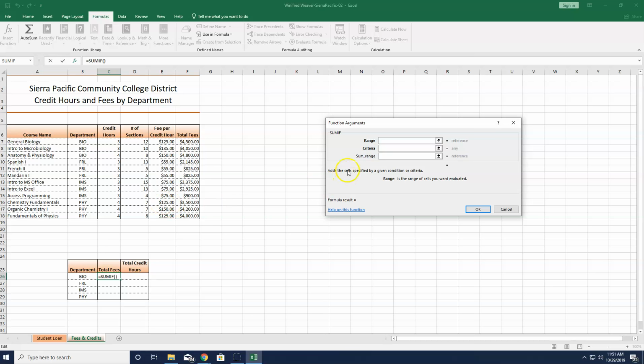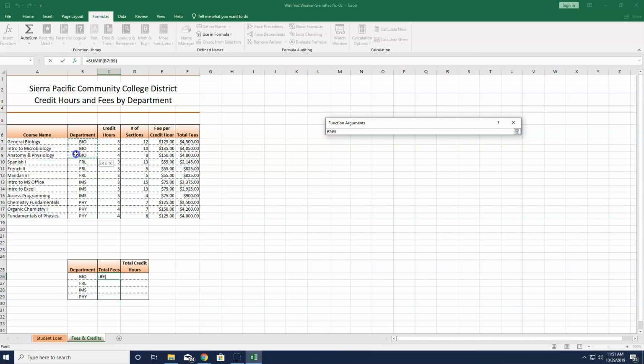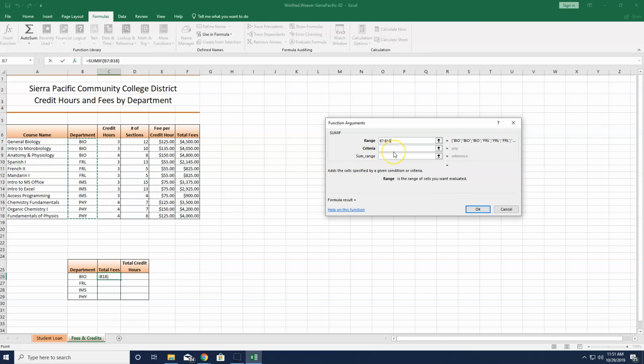Click the range box and select cells B7 through B18. The range will be matched against the criteria. We're going to press F4 on the keyboard to make sure that becomes absolute reference. We're going to click in the criteria box, and we're going to select cell B26,